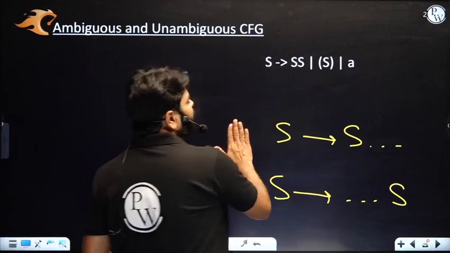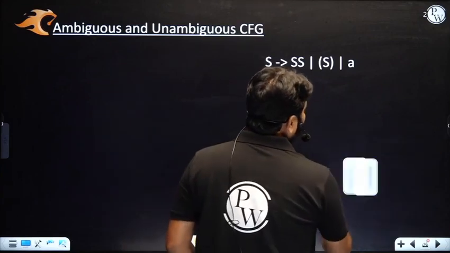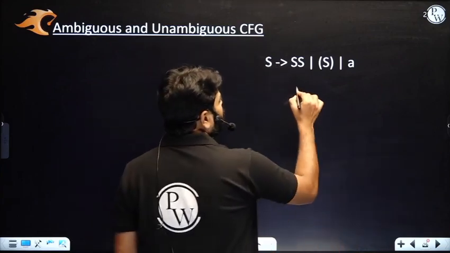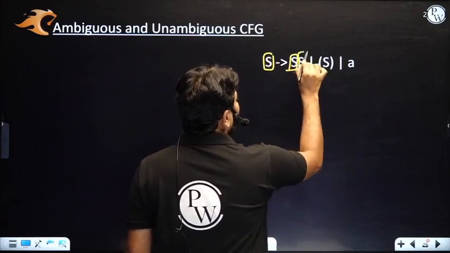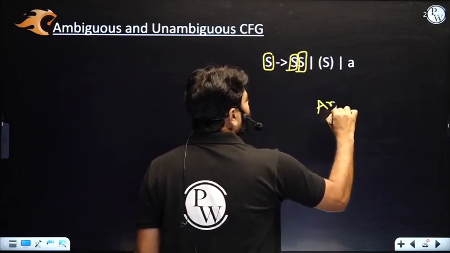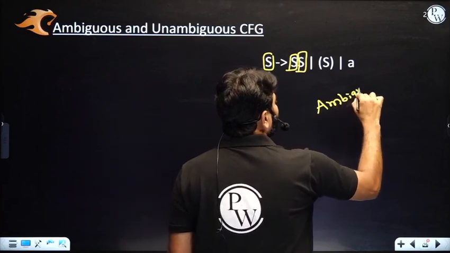There are strings which will have more than one parse tree. You can see S is having left recursion as well as right recursion, so it is also ambiguous. And if you try to do that,